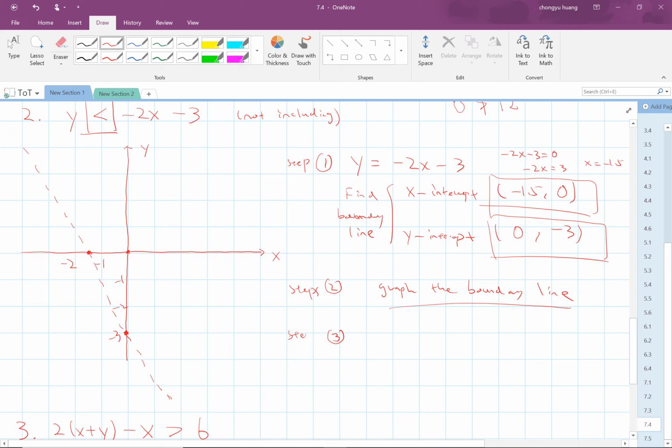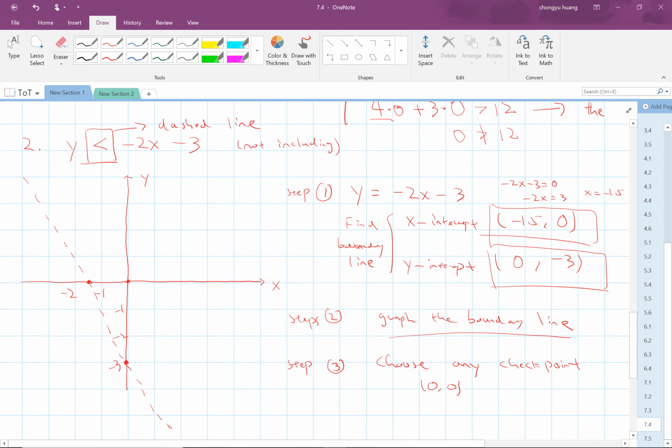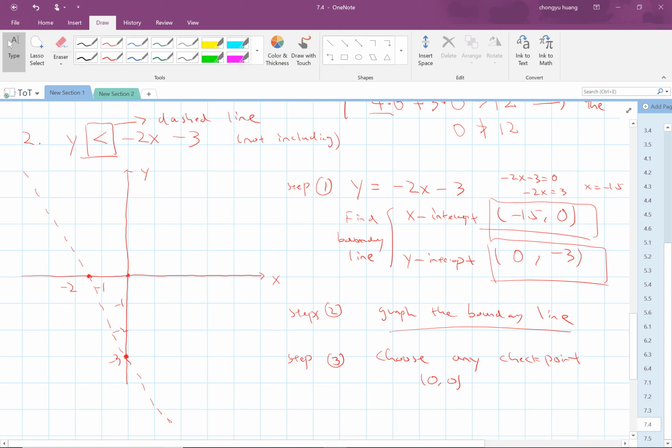So step 3 is to choose any checkpoint. Choose any checkpoint. Okay, so the checkpoint over here, what we're going to choose is 0 and 0. Remember, the origin 0, 0 is always a good choice. Choosing 0, 0 is always a good choice for a checkpoint. Okay, so as I mentioned before,